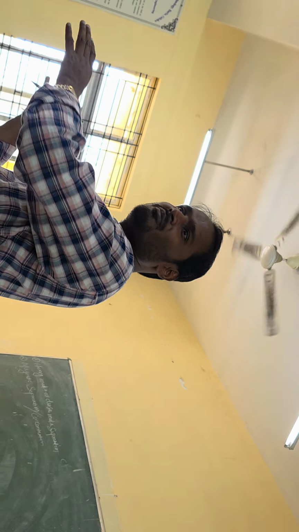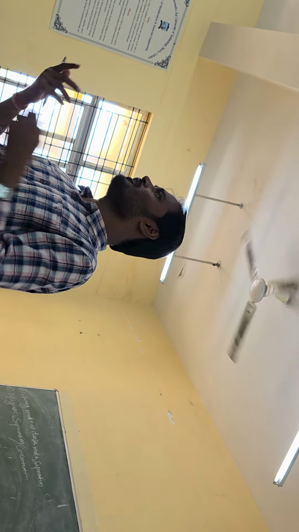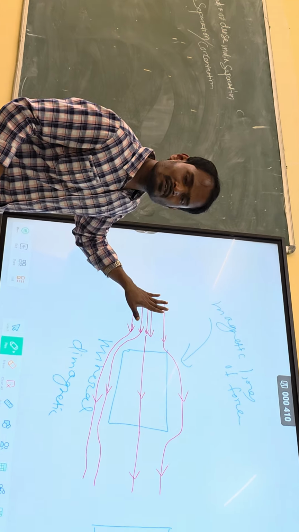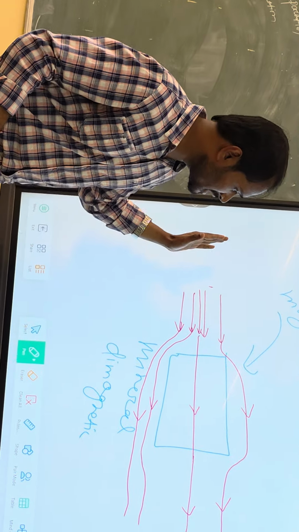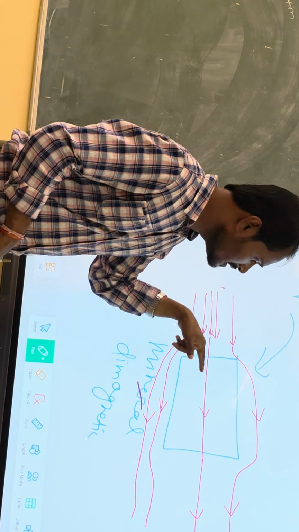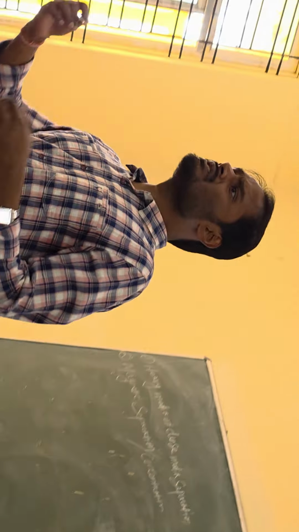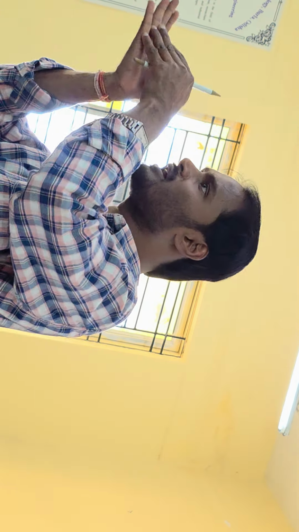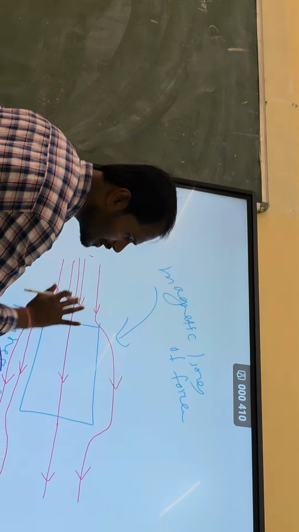Suppose one domain is like this, one domain is like this, for example this direction, this direction. Still it is oriented in one direction, no problem. But if one is in this direction and one is completely opposite, they will cancel each other. So the net magnetic field will be zero. You understand? Anyway, so this will be the situation. An external magnetic field is here, and you are putting a mineral on it. So this magnetic field should pass through the mineral, but it will not pass through because this is the diamagnetic mineral. That means, in other words, whatever magnetic field we induce in the mineral is just opposite to the direction of the applied magnetic field. So that gets negated.